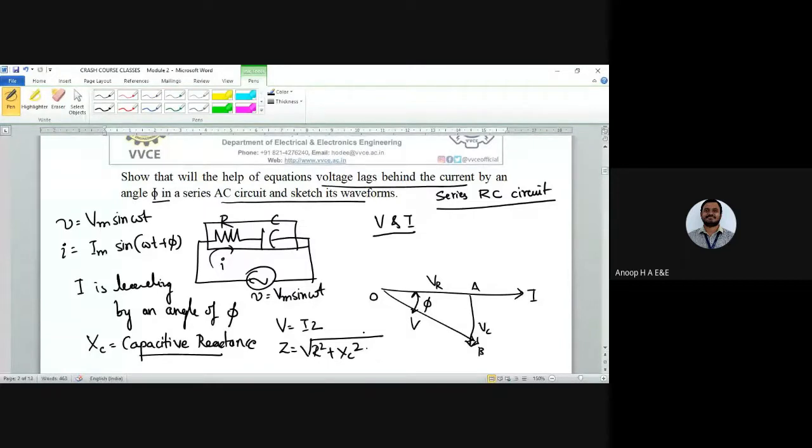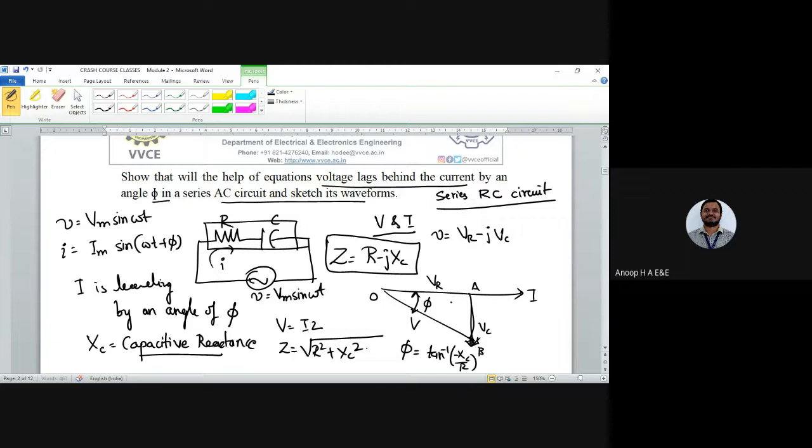That is how you can represent the impedance, and we have VR. V would be equal to VR minus J VC. So this is the negative sign we have here. That is how I can represent Z also as R minus J XC. Got it? This is how I represent the impedance, and the angle phi is tan inverse of minus XC by R. This is the phase angle.